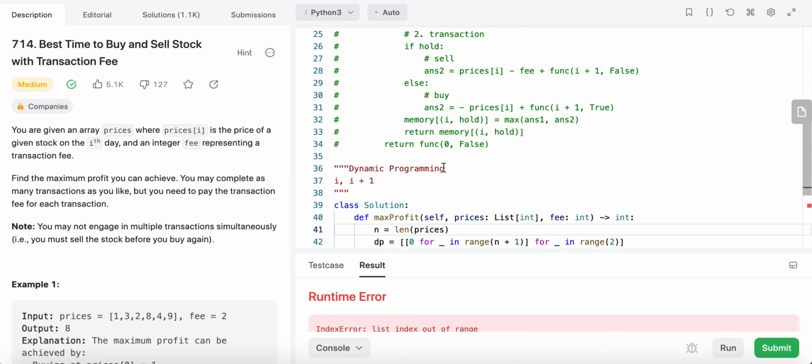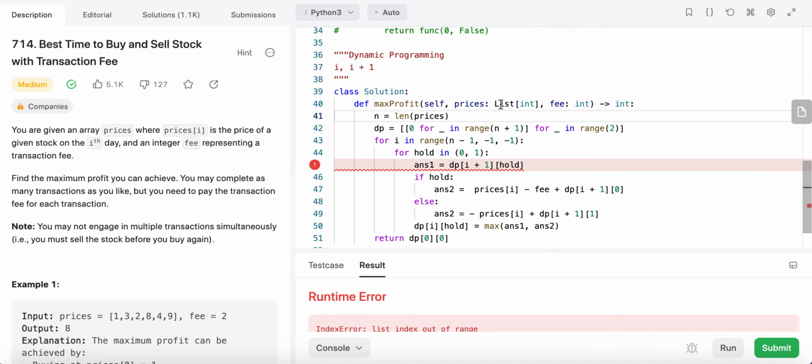So when I initialize the dp equals 0 for that in range n plus 1. And then when I start coding it, let's say -1, 0. When it's 0, it's 1, right? So